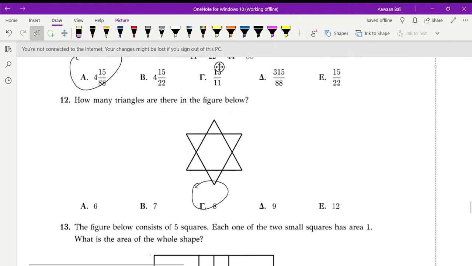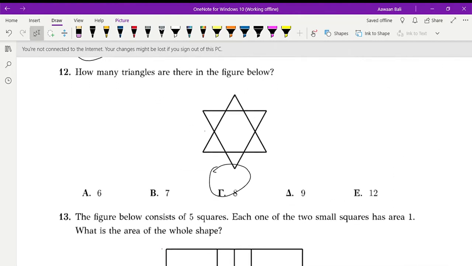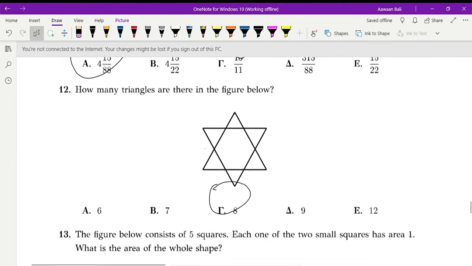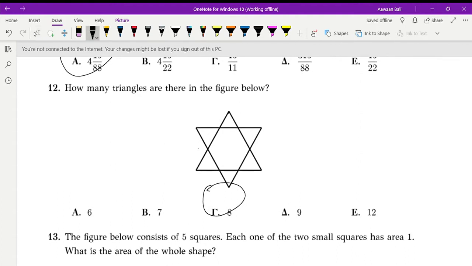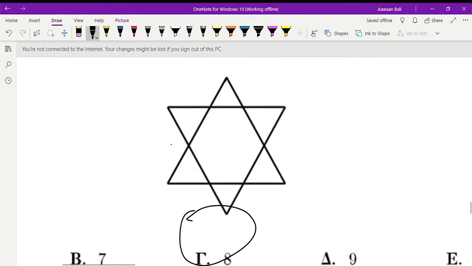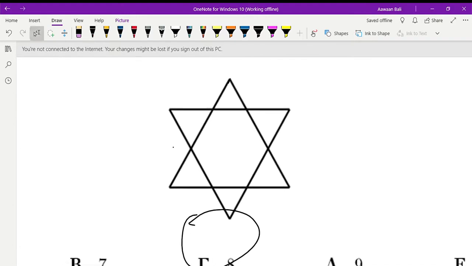So let us continue with the next question we were on after 11. Question number 12. Now, how many triangles are there in the figure below? If you look at this figure, you can instantly see there's 1, 2, 3, 4, 5, 6 equilateral triangles. However, there are more hidden equilateral triangles in this. If you look carefully,